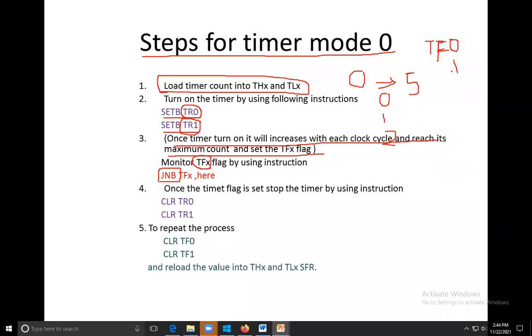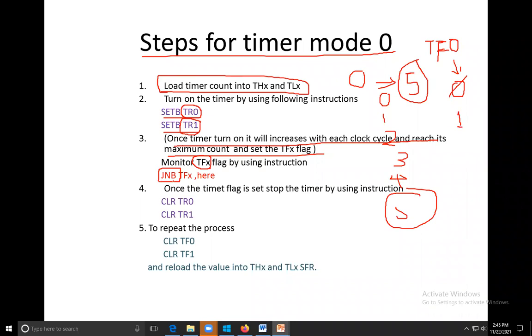If this overflow flag is 0, because your counting starts from 0, 1, 2, 3, 4, and when it comes to 5, what will happen? The timer will overflow, so TF0 will go from 0 to 1. So it will check jump if not bit.